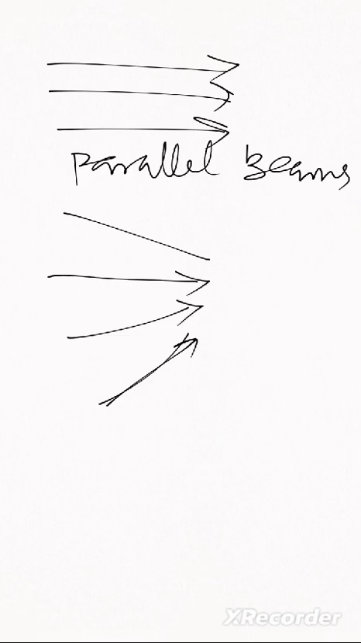Some are convergent. When we say convergent, it simply means they are pointing to a particular place. Okay? We call them convergent beams, because they are converging. You will learn more about this convergent beam when you are talking about